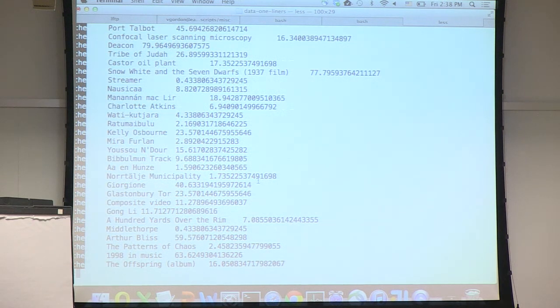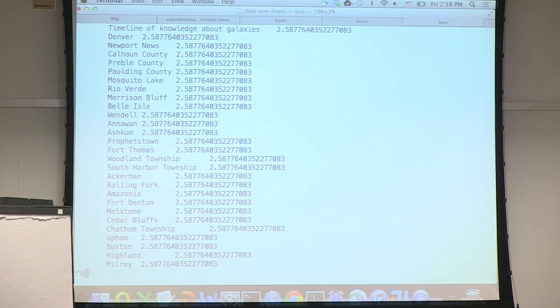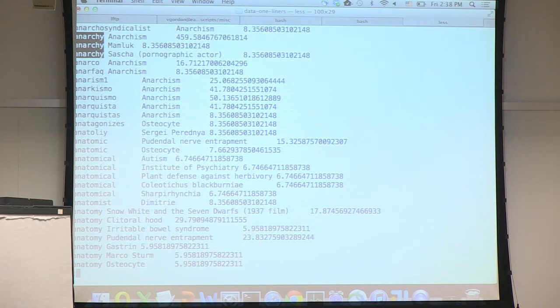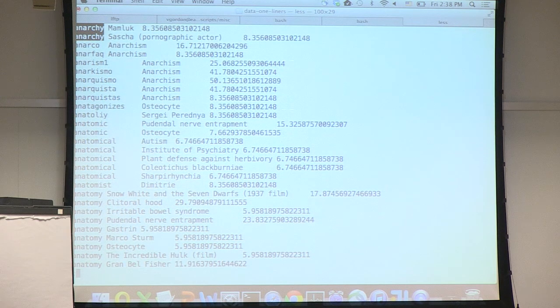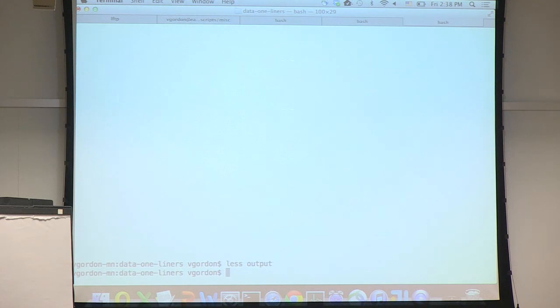I know for a fact from the last time we gave this talk that Anarchy was one of the first articles, so let's do it from the start. Anarchy is really important to Anarchism, not as important for Mamluk, and not quite as important for porn actors apparently either. But anyway, you can see what it does. It's pretty nice. So anyway, I'll hand it back to Vitaly.